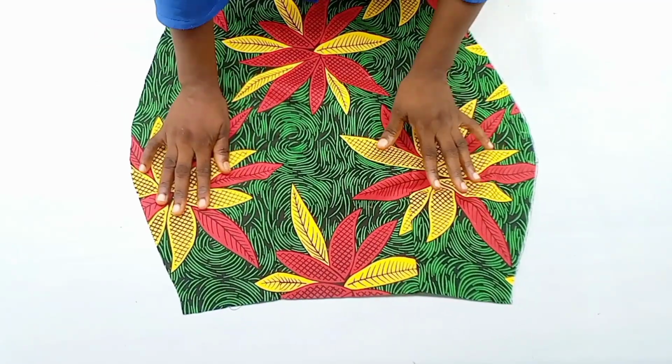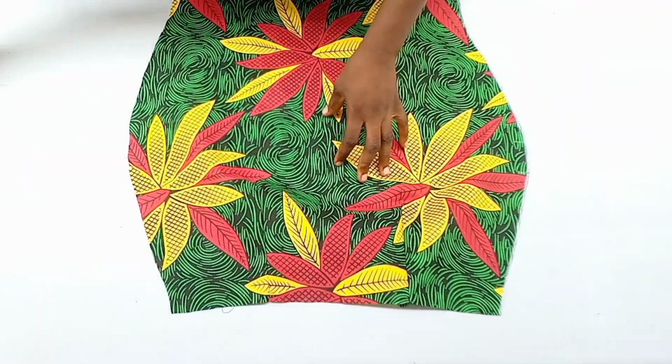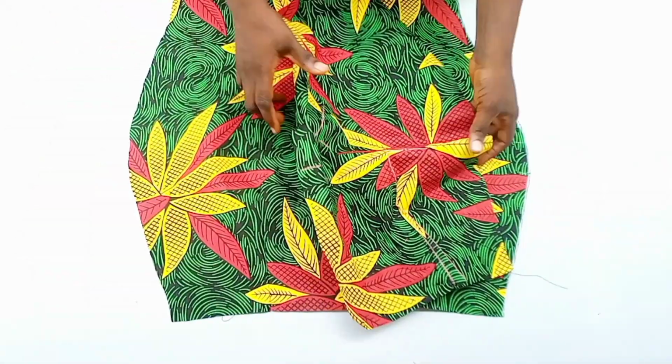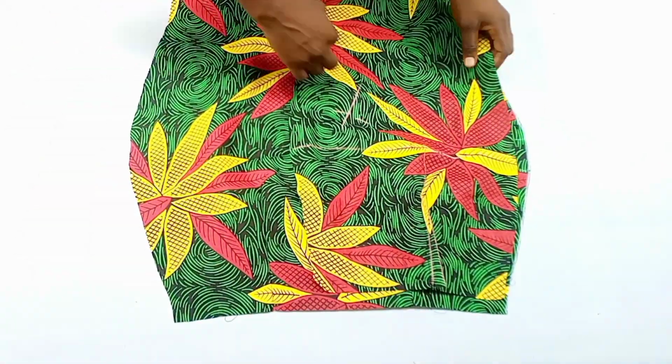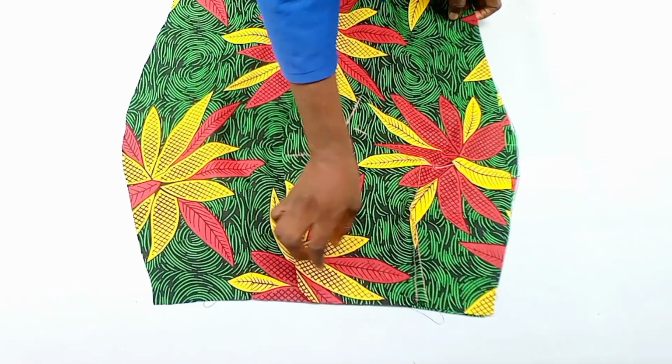This is the front panel. I've closed in the dart. I've sewn the dart. I've also sewn the back dart. So the next thing I'm going to do is this. I'm going to take my sewing machine and join the back panel to the front panel, right side facing right side, and I'll sew